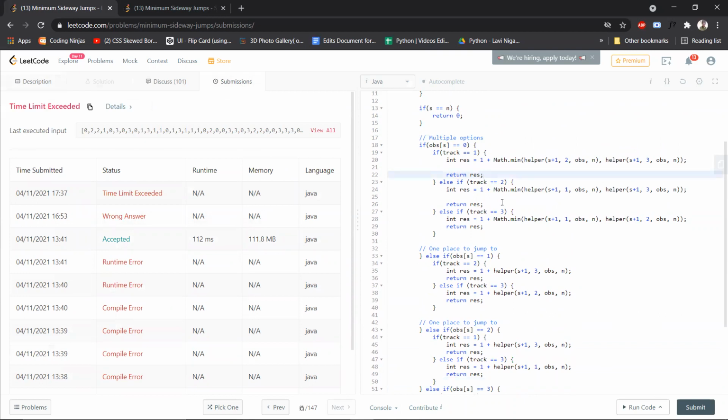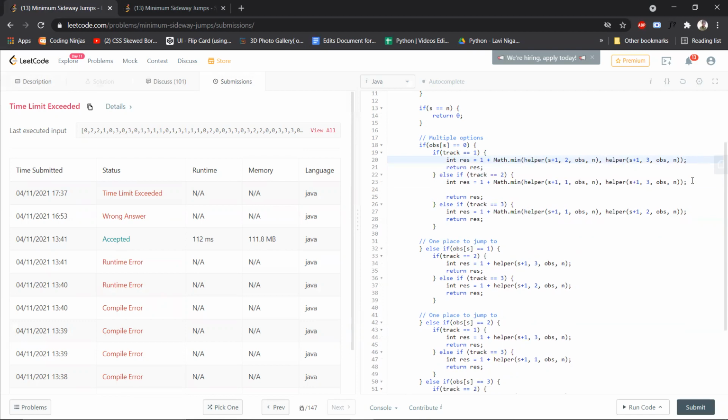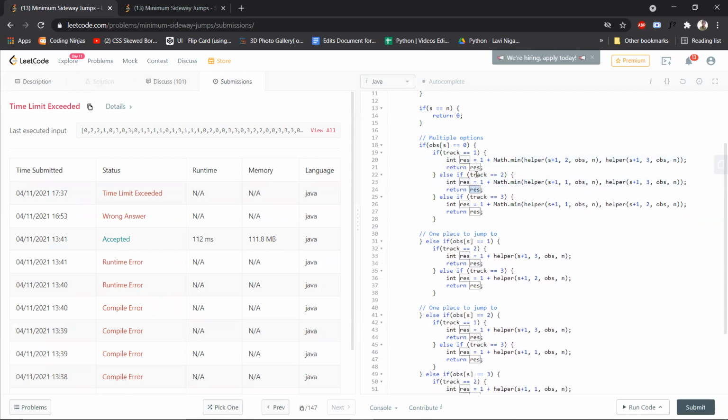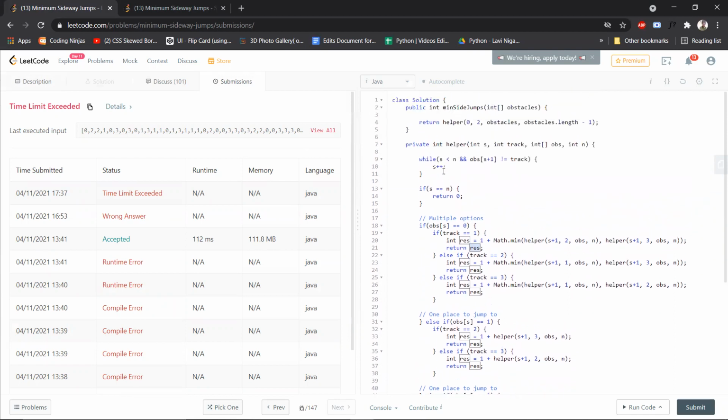Obviously, there will be many overlaps while we are trying to find a particular value of recursion. So how do we solve these overlaps? We solve them using a DP. It's as simple. You will make a DP and store your result in that DP before you return it. And if you have already calculated that result, you will simply return that result.